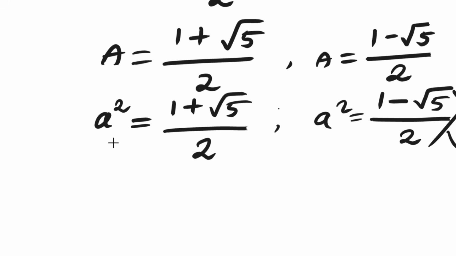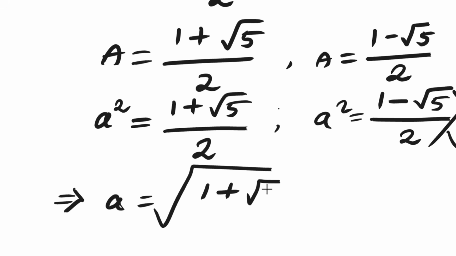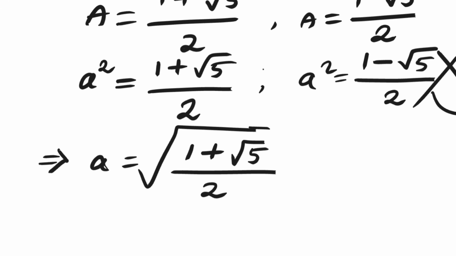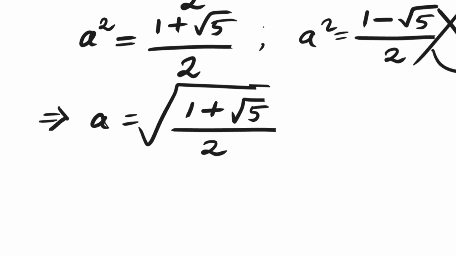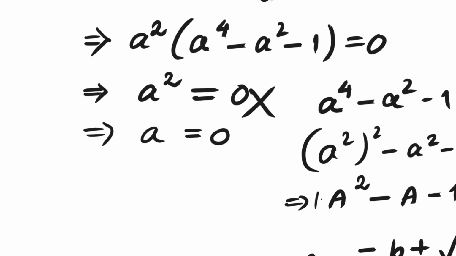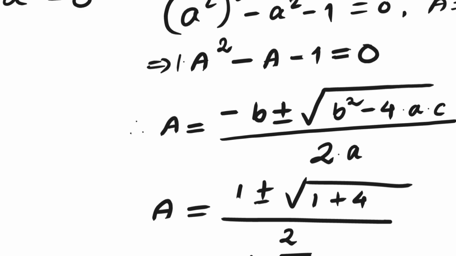That leaves us with a squared equals the quantity 1 plus square root of 5 divided by 2. Finally, we take the positive square root of both sides because side lengths are positive. This gives us a equals the square root of the quantity 1 plus square root of 5 divided by 2. And that is the only valid value of a for this triangle. If you reach this point, congratulations, because this problem combined geometry, exponents, factorization, substitution, and the quadratic formula all in